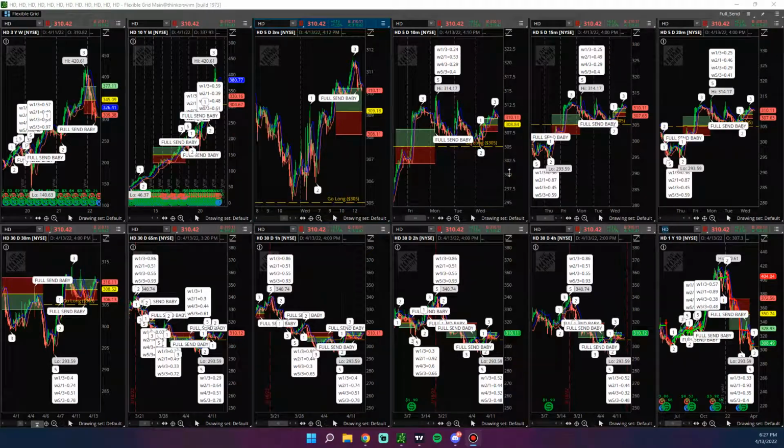So basically, I'm going to go over the full send indicator, how I use it to trade. It might not necessarily be correct, but it works very well. A great example is if we go to SPX today,